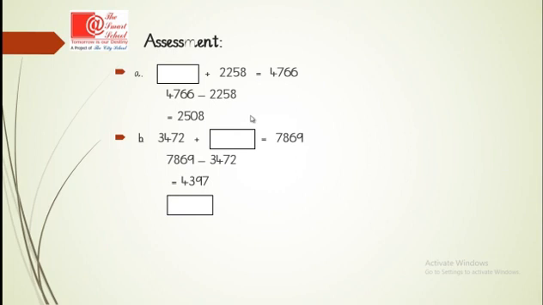Now come to the third question. Here the addend is missing. The given addend is 35,273 and the sum is 78,945. Now arrange it. Yes, this is the correct way of arrangement. 78,945 minus 35,273. The answer is, yes, 43,672, which is the missing addend. Now come to the next topic.